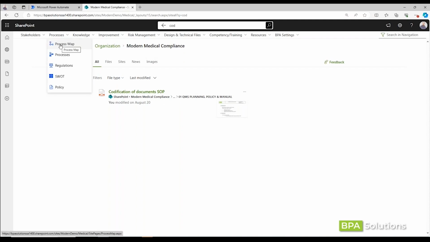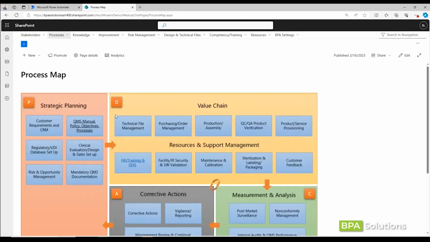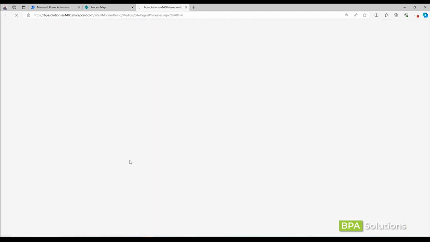Another way, we propose a more visual approach with a process map. This is an embedded PowerPoint or embedded Visio. We leverage existing tools used by organizations. And this is interactive here. You can, of course, replace by your own for end users to understand how your company works and drill down